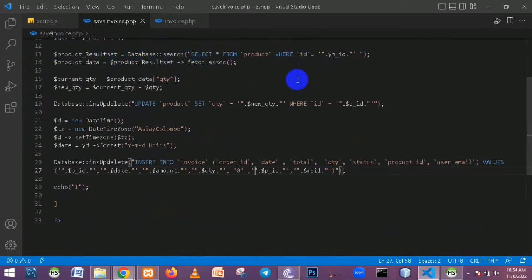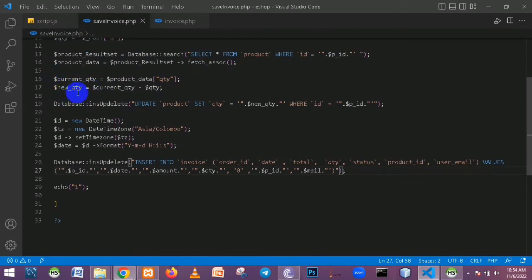So now I need to get the product ID from my product table, so I write my search query like that and get my product data variable. I check my product result set and fetch it with the connection and assign it to the product data variable. And now we need to make a new variable here, it means current quantity. So we want to get the current quantity of the product we purchased. So I get that product data variable and get my quantity table value and assign it to the current quantity variable,